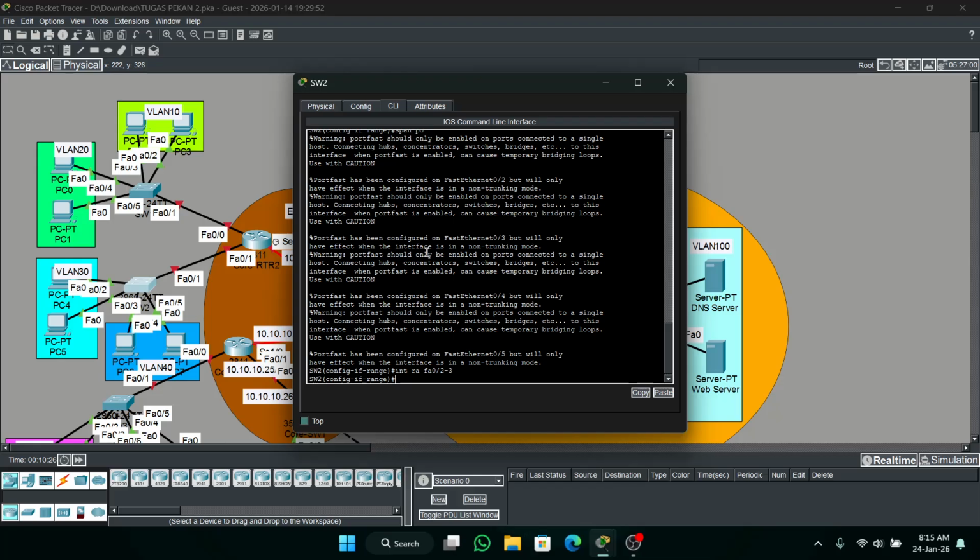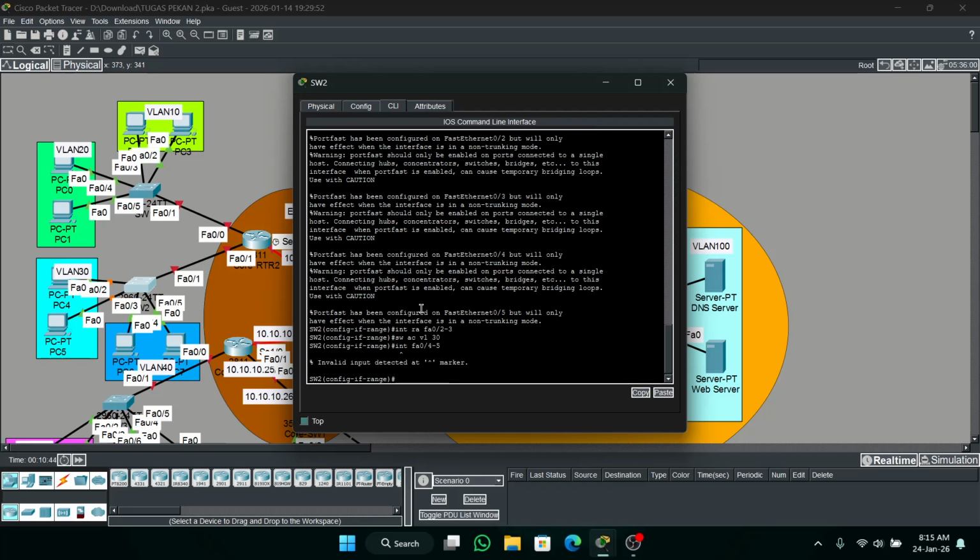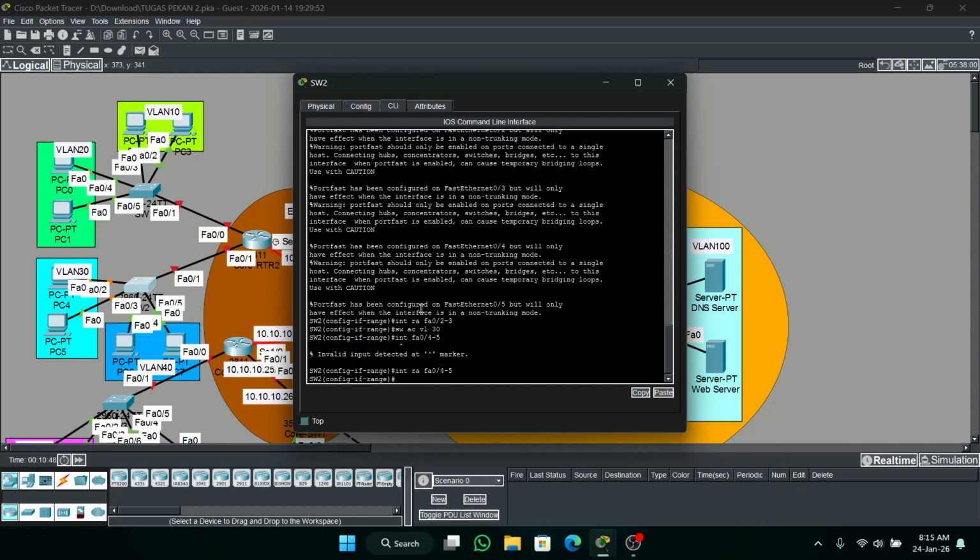Then you insert the ports to VLAN 30, switchport access VLAN 30. Then enter the range, switchport access VLAN 40.